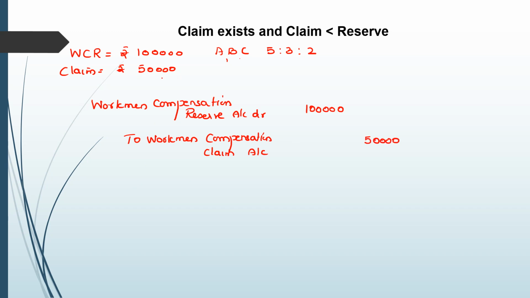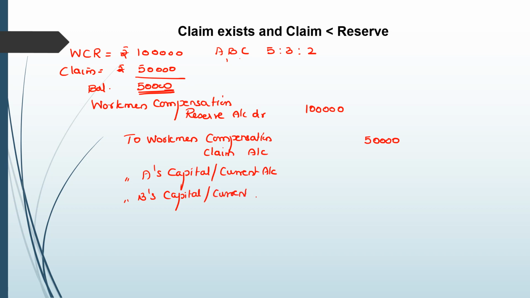And the rest of the 50,000, what is the balance which is left? 50,000 is the balance which is available. So that 50,000 we would distribute in the profit sharing ratio. So we credit A's capital or current account, B's capital or current account, and C's capital or current account in their profit sharing ratio of